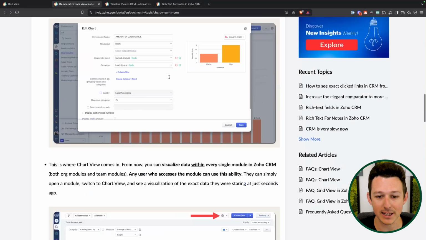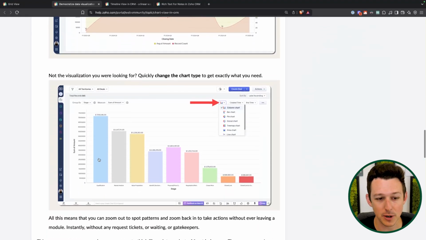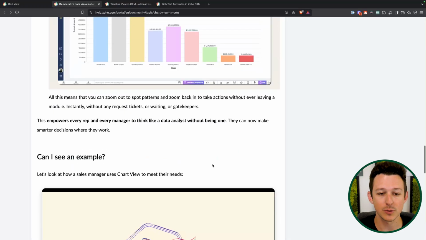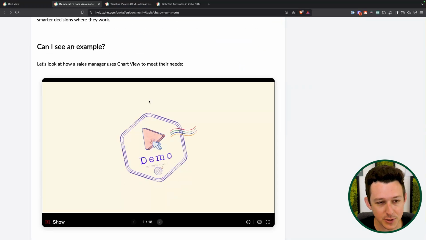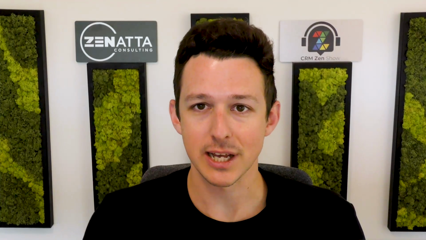So if I'm working on a deal flow, it's pretty likely that I want to group things by stage and see, hey, you know what? I'm kind of lopsided towards the early part of my funnel. I need to be trying to move some of these people down through the process towards that either closed won or closed lost stage. So again, I think their idea here is to give people a bit of control